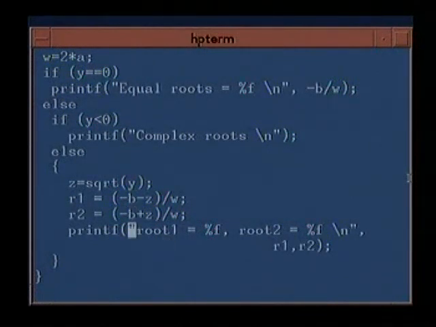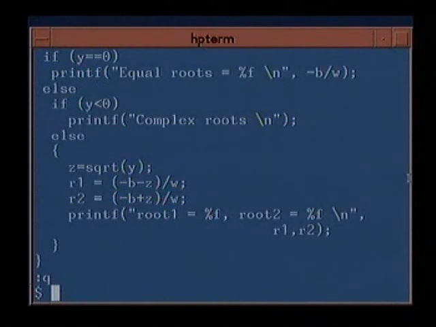So this is another simple program to work out the roots of an equation, and we have seen what it means to write an if then else statement, and we've also seen how to do an assignment, declaring of integers as well as floating point numbers. And the other conditional construct that everyone uses in any programming language is the loop. So we will now see an example of how to use the loop.